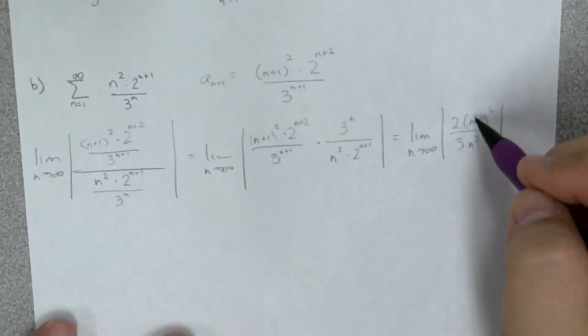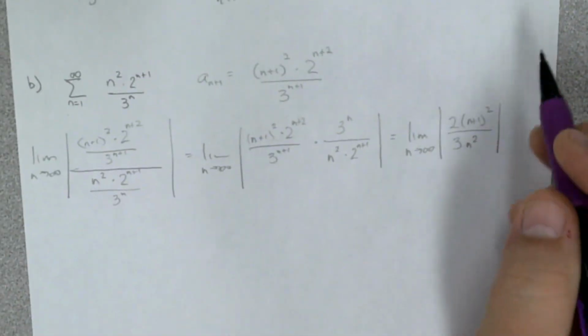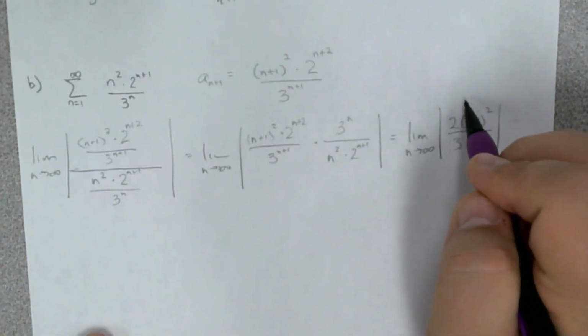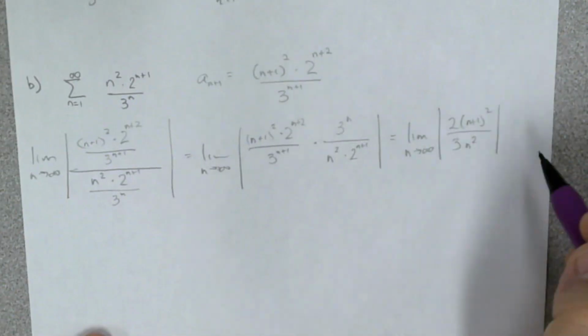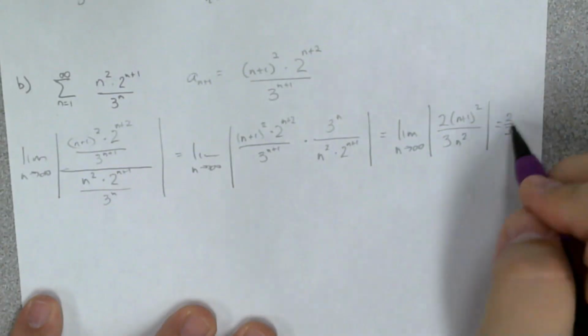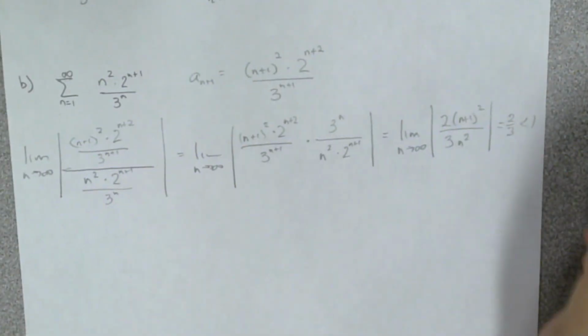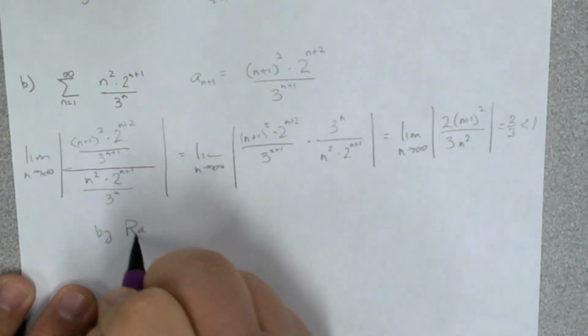Now, this is just a polynomial, so if I multiply everything out up here, I'm going to get 2 to the n, 2n squared, and then this 3n squared. So at infinity, those are the only things that matter. So this thing here equals 2/3. And so that is less than 1. And so once again, I know by the ratio test